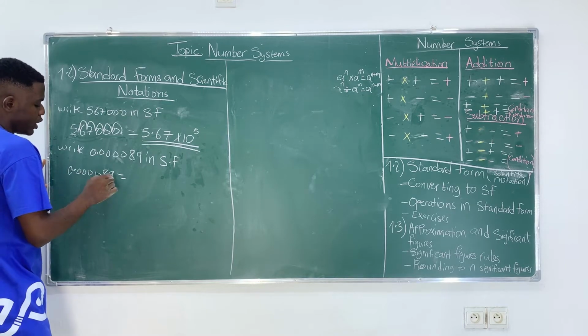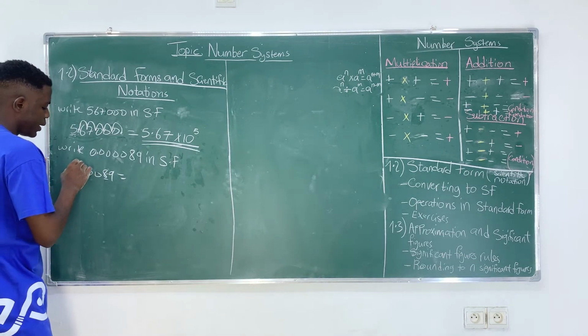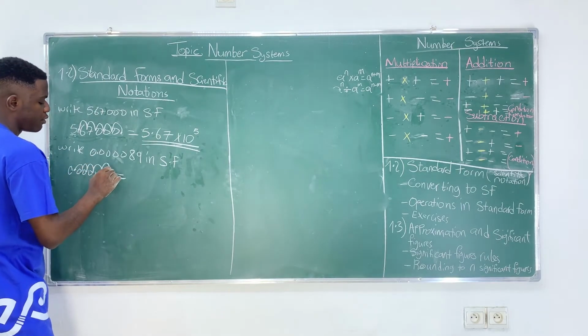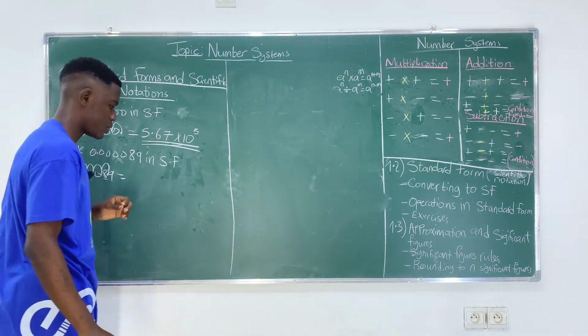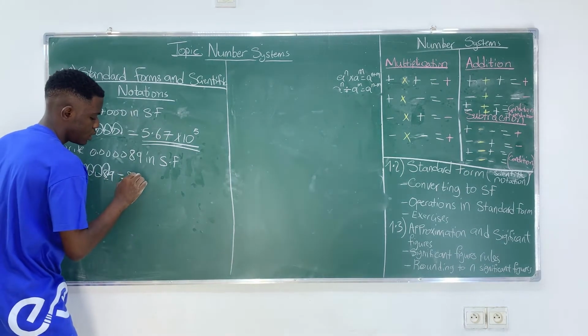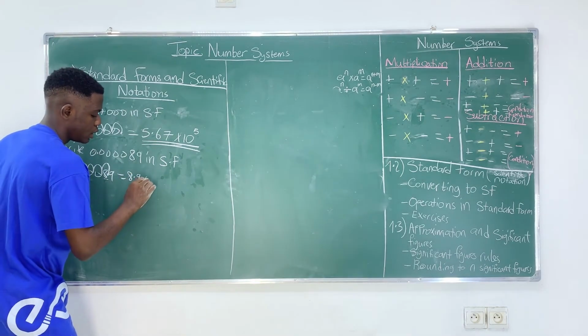So I shift it until I reach here. I shift it how many times? 1, 2, 3, 4, 5. I shift it 5 times. So it is going to be 8.9